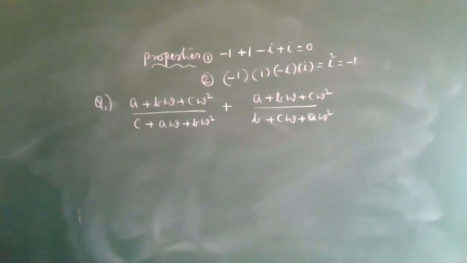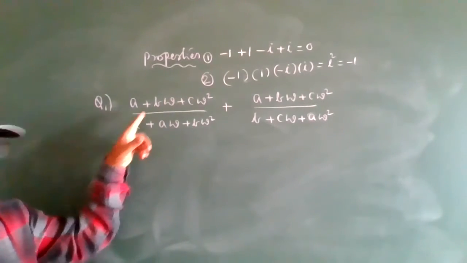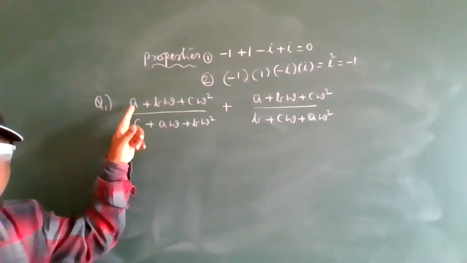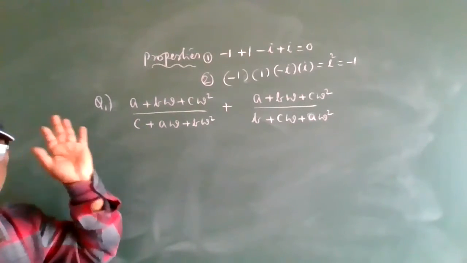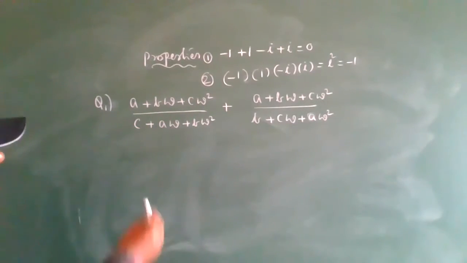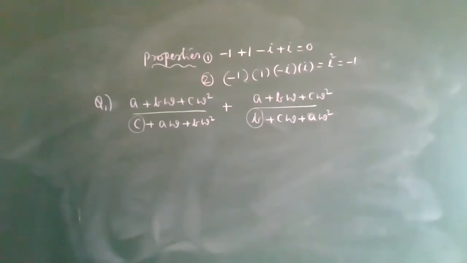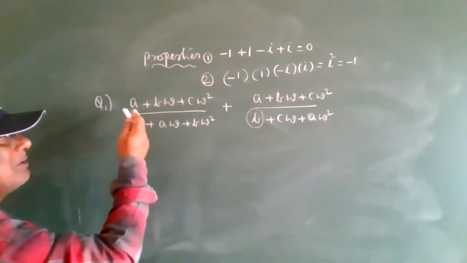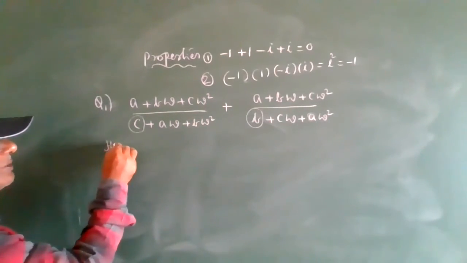For this problem, what is the constant we can observe? Here in the denominator we can observe the constant. The constant is c, but here c should be omega square. That's why you should multiply numerator and denominator by omega square. Here observe the constant. Here the constant is a in the first denominator, and here the constant is b in the second. Okay? Therefore, c is multiplied by omega square, so numerator and denominator are multiplied by omega square.